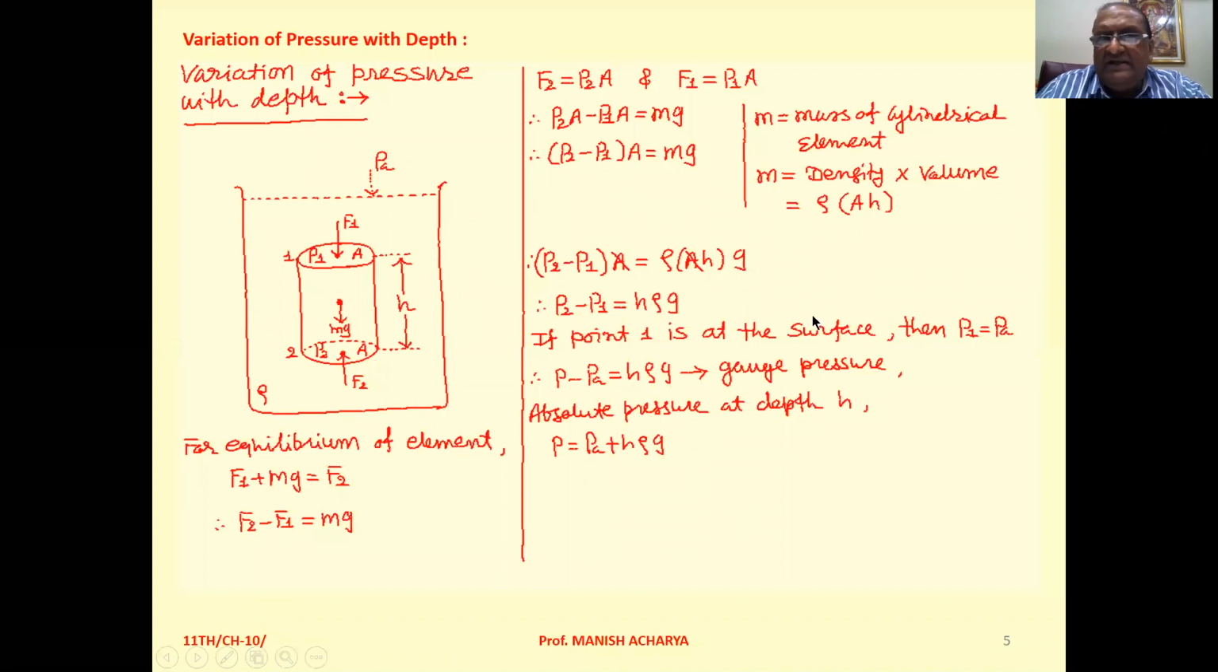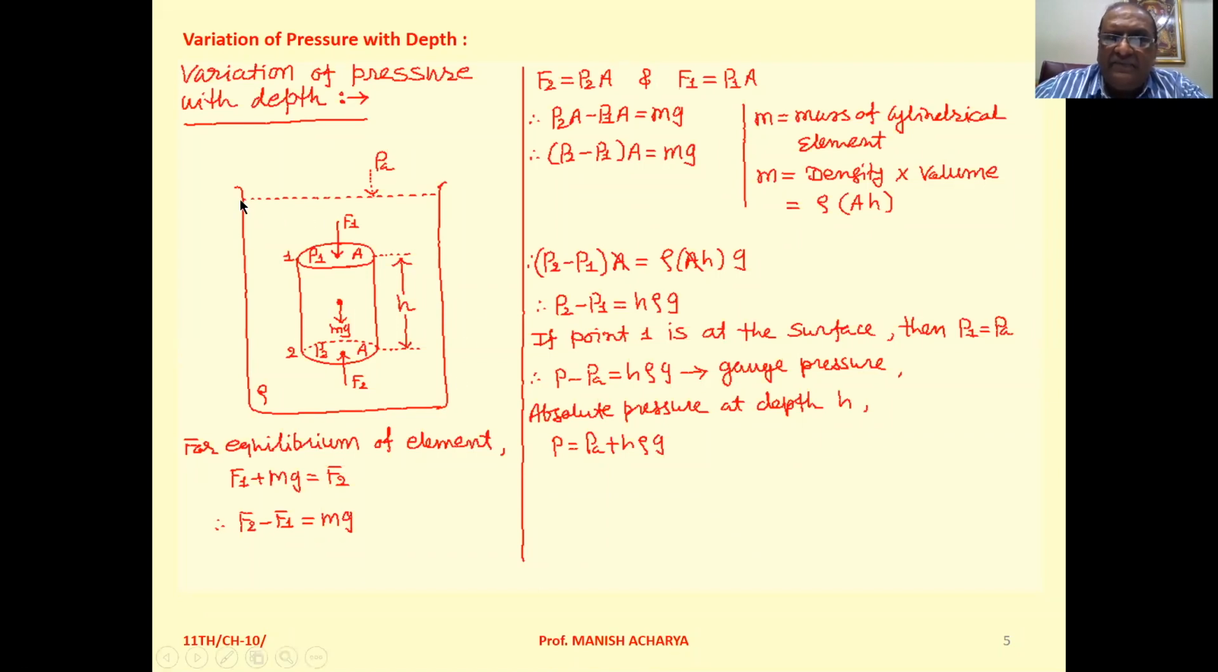Now the topic is variation of pressure with depth. In a fluid, as we go down, the pressure keeps increasing. So how does this variation in pressure with depth occur, that we have to calculate. Now see,